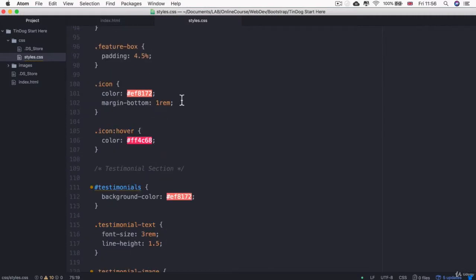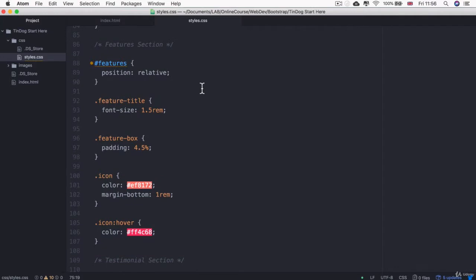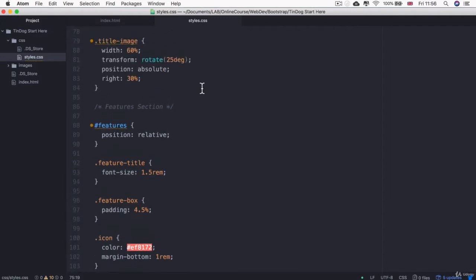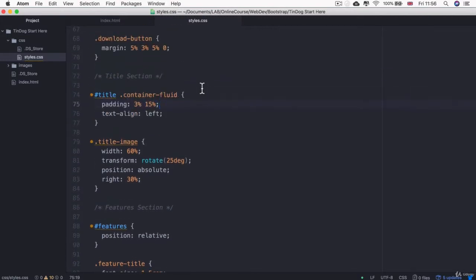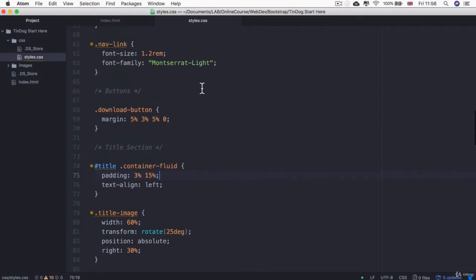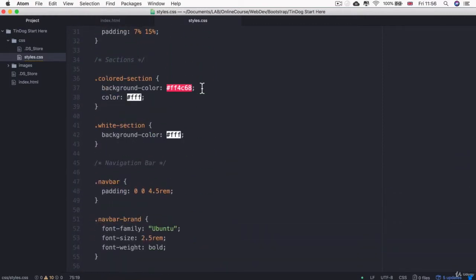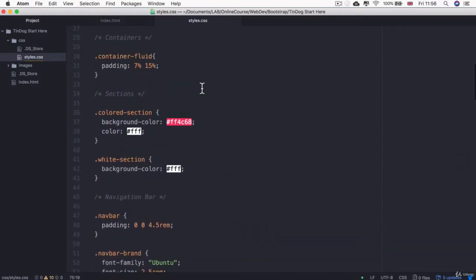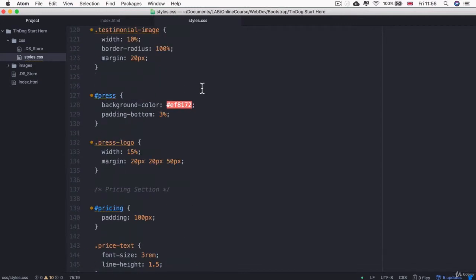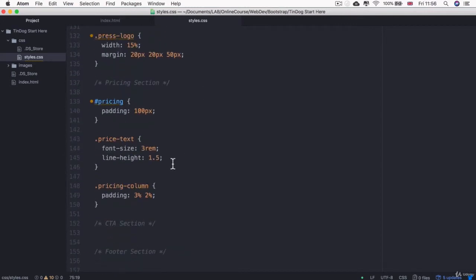So you could further refactor this, although there really is a sweet spot before you start getting rid of all your code and trying to mush it all together into a single giant class, which doesn't really work either. So just because something repeats itself isn't itself a good enough reason for you to try and get rid of it. So even though we have, for example, the price text that has a font size of 3 rem and